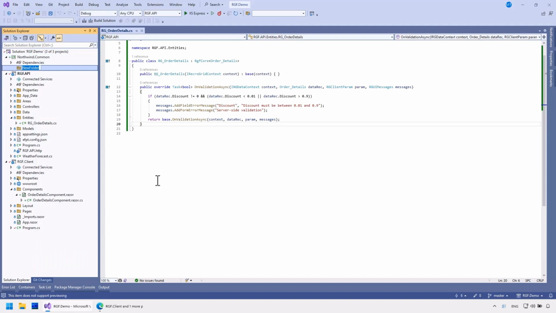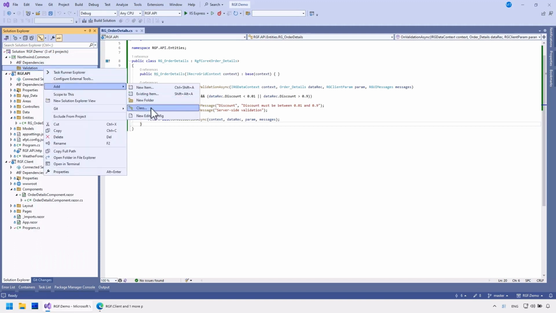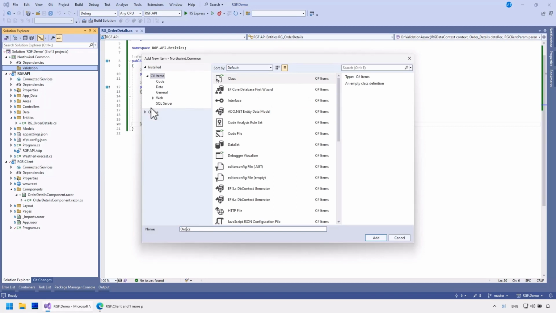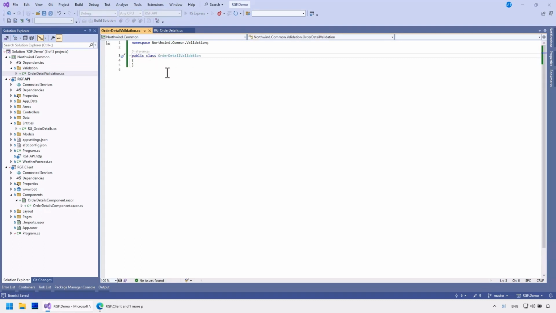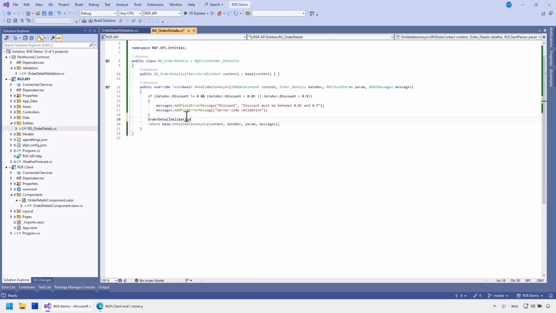In the shared component, I'll create a validation folder and place a class named OrderDetailValidation here. This class will have a method named validate, to which I'll pass the record and the message collection.